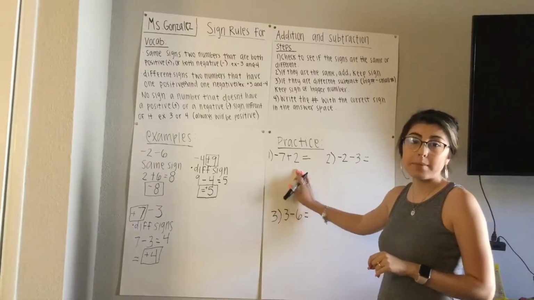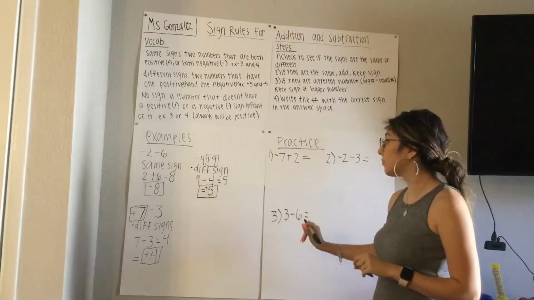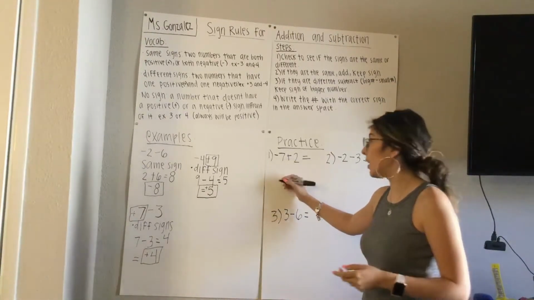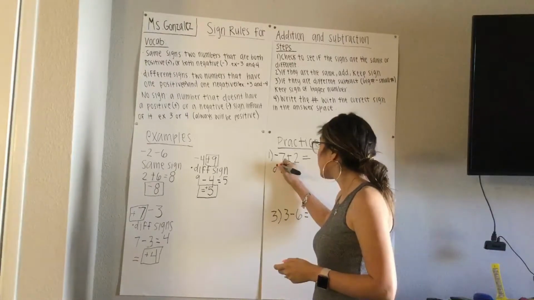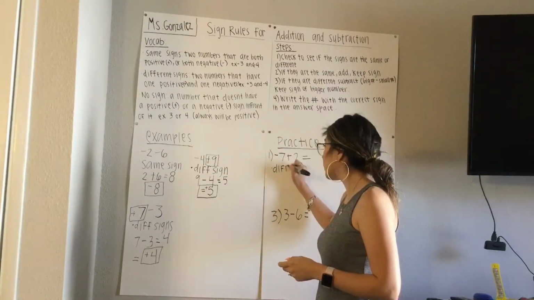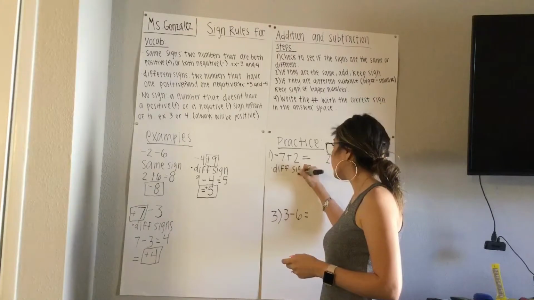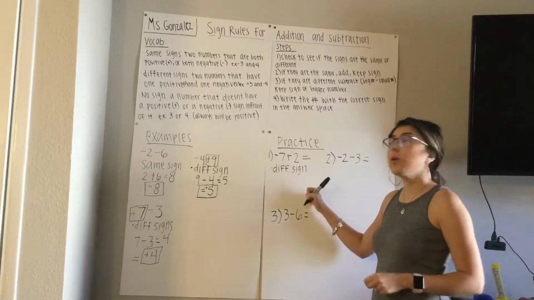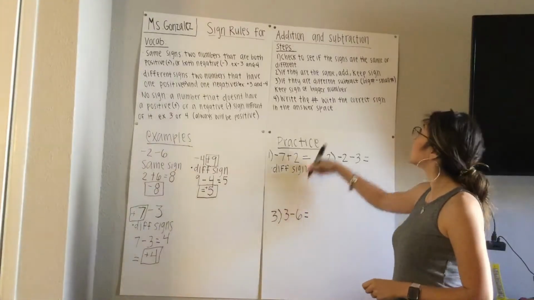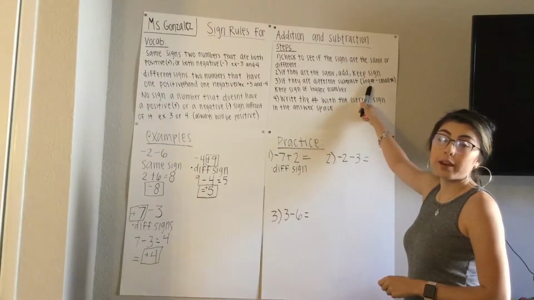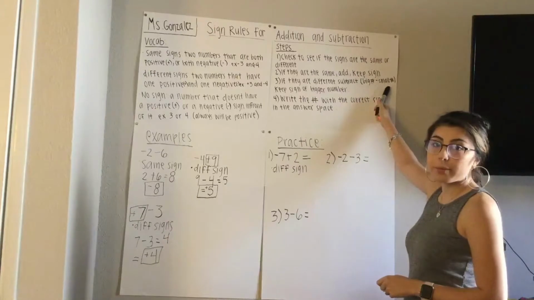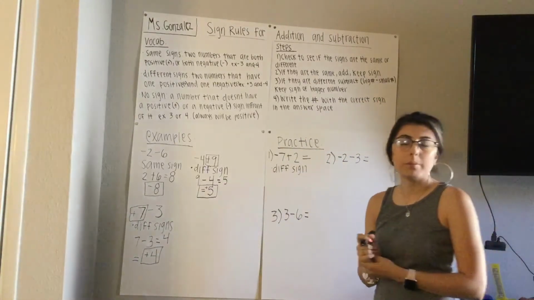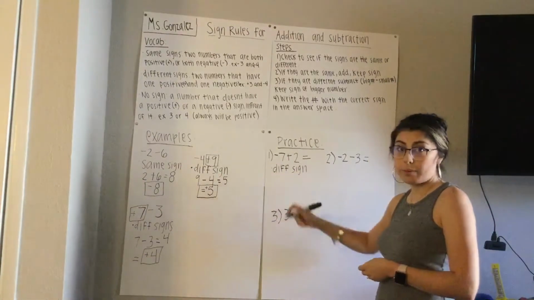First thing we're going to do, same sign or different sign? We have a negative 7, a positive 2. Again, we'll go ahead and write it out. It's a different sign. And what do we do according to step 3 when we come across different signs? That's right, we're going to do big number minus a small number and keep the sign of the bigger number. And what did we do to help us remember that? That's right, put a box around